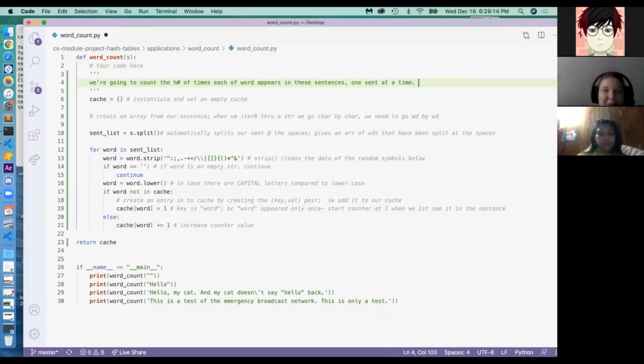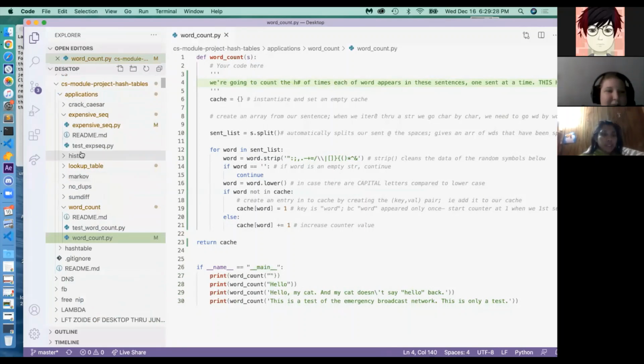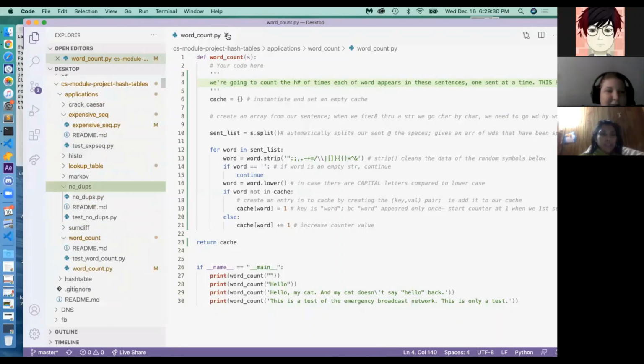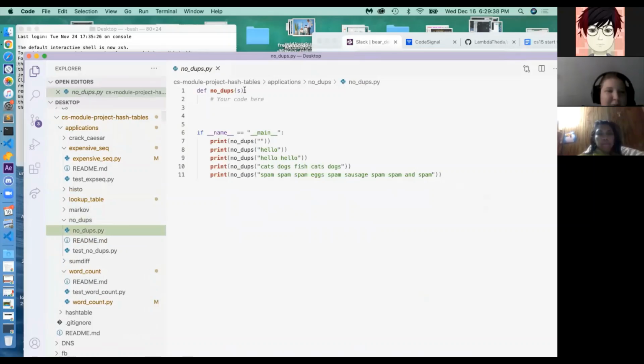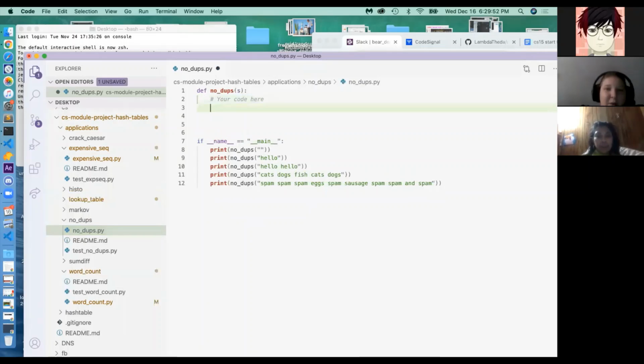All right, so our final one for the evening is no dupes. Okay, no dupes. It's like dupes to me, but it's cool. It's because it's short for no duplicates. I figured. No dupes. So in this function, we are going to